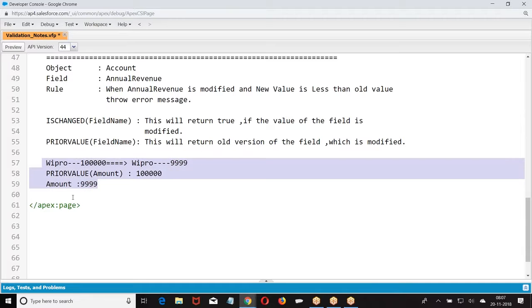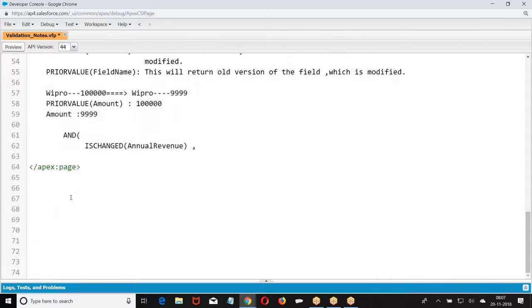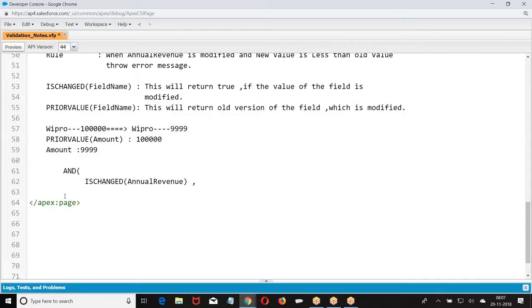The same example I am going to give here. What is the rule?